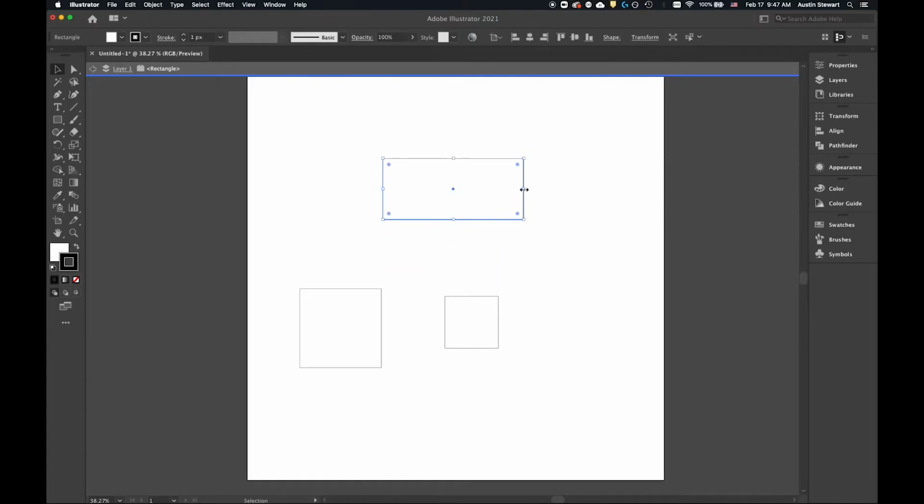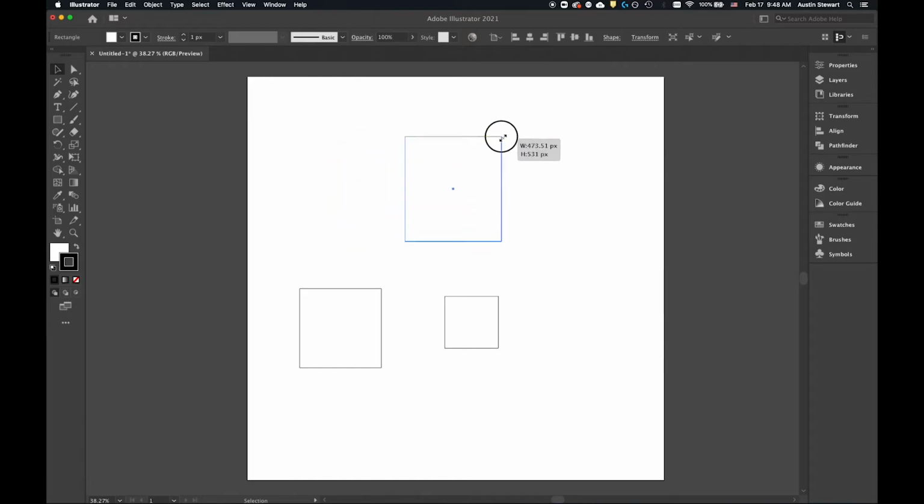If I hold down Option, if I select this, and hover over this and click and drag, I can scale both sides evenly. And right, if I hold down Option and click and drag this, it'll freely transform the whole thing. It doesn't really make any difference. And then there's one other